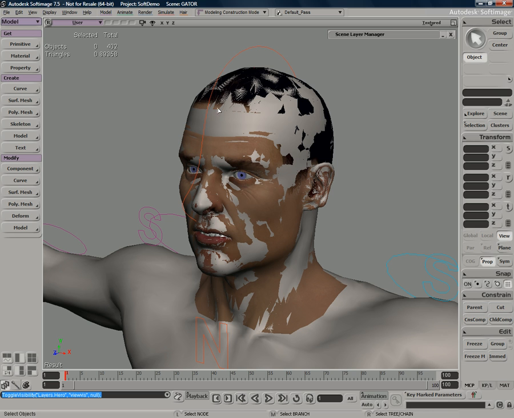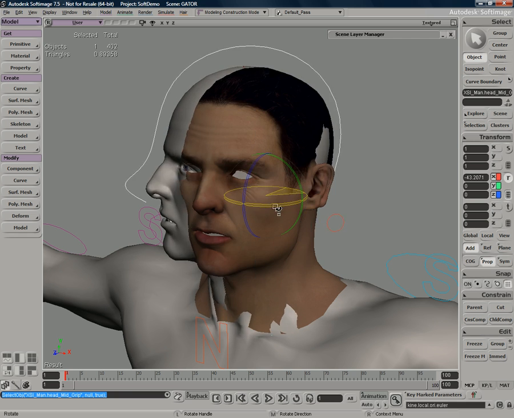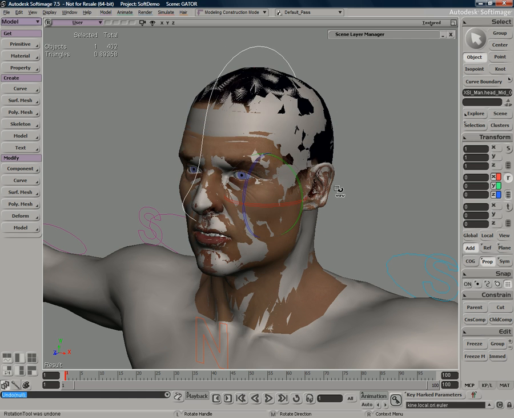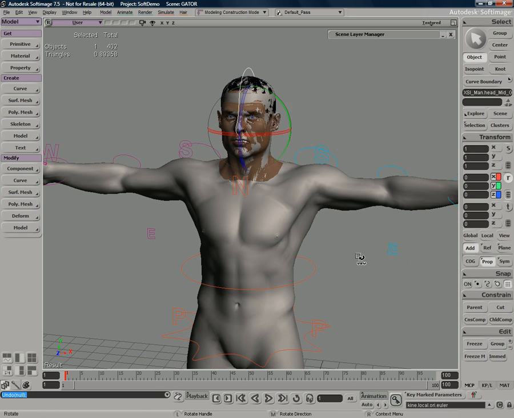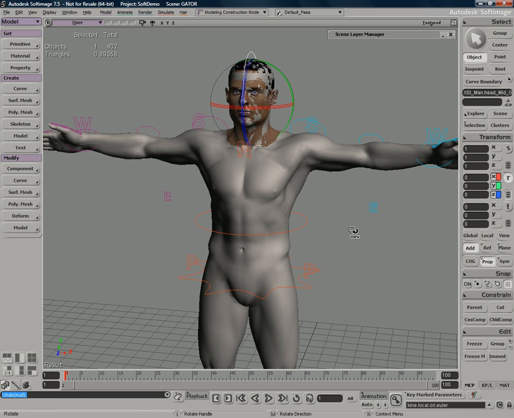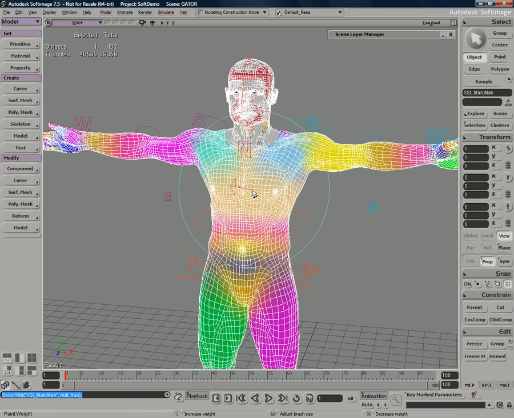And you'll notice this little red-orange line. That's actually the controller for our character here. So you can see we have one head that's rigged up and one head that isn't. If I zoom out just a little bit, just to explain a little bit how the skinning and rigging workflow works within Soft, select the entire character here and press the W key. That'll bring up our weight painting tool.